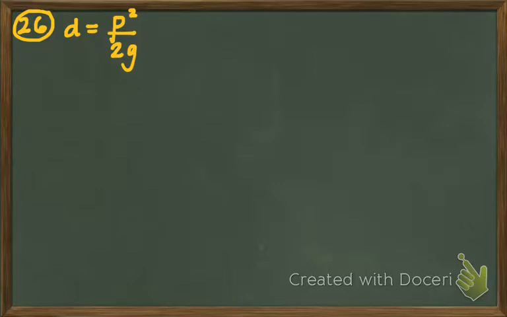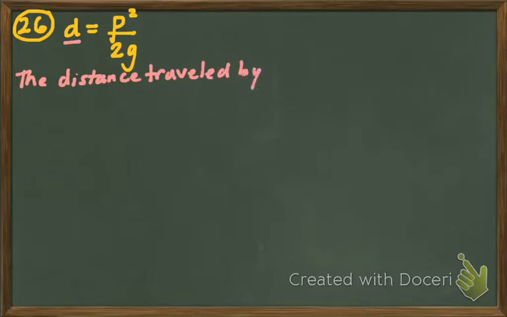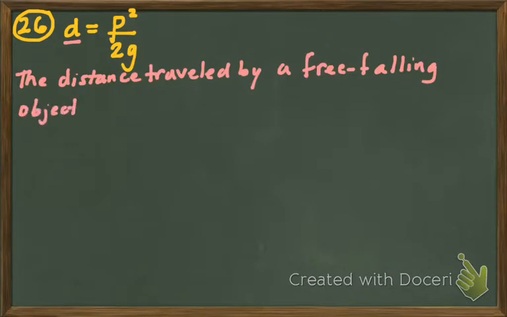So, again, you start with the left side and say, the distance traveled by a free-falling object dropped from rest